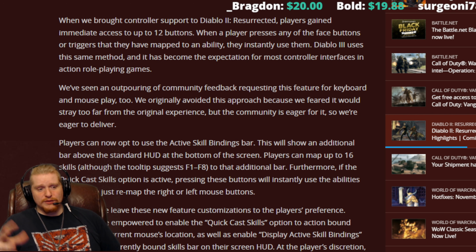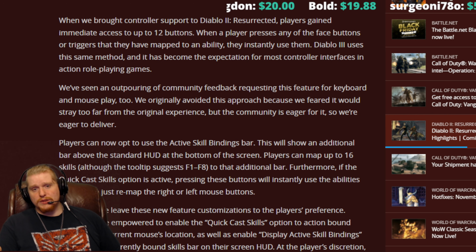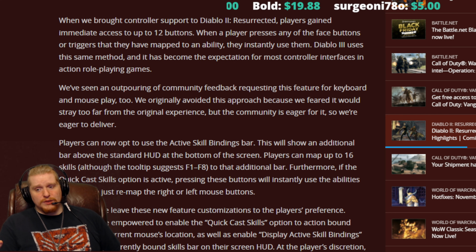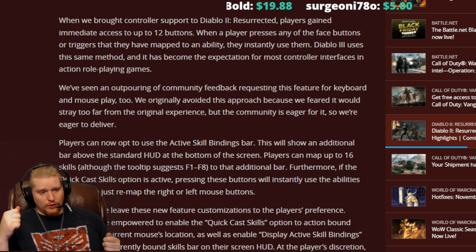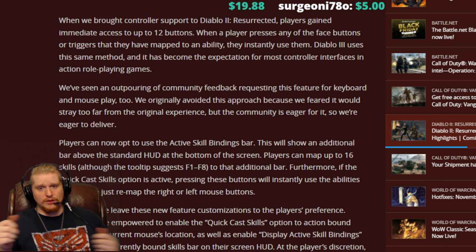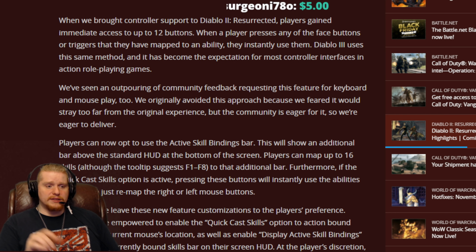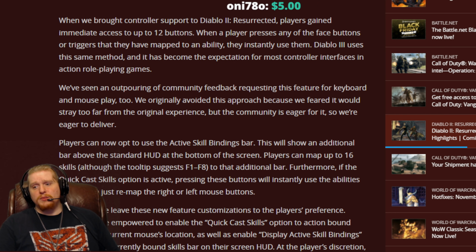Now, granted, there are certain characters in this game that have absolutely no benefit from this whatsoever. You only use two abilities. Like, for instance, my Paladin. My Paladin only uses Vengeance and an Aura. And that's pretty much it. That's all he uses. He casts Holy Shield every now and then, which is a quick button press, done. So he doesn't really benefit from this, but there are going to be a lot of characters that do,